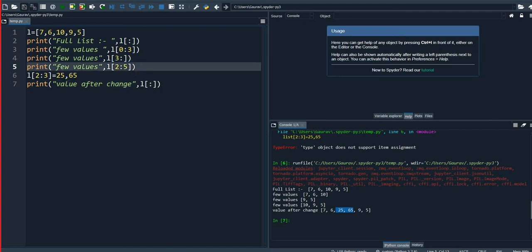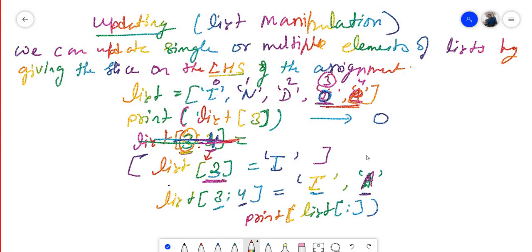Okay, now I'm going to tell you the list append. Okay, append we are going to use. Okay, how will you use append? Let's see. First of all, we'll learn what append actually is. Append function. What is the use of the append function?